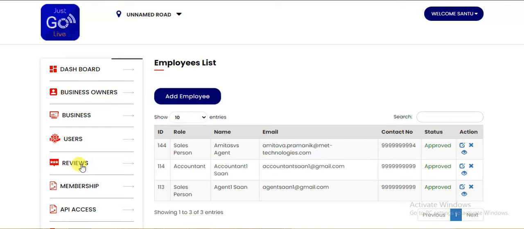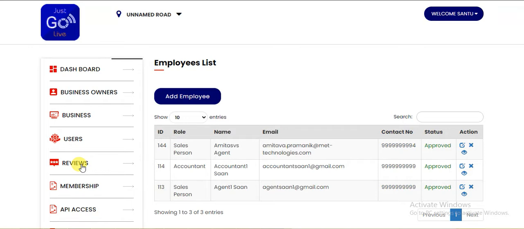So what is the role of an agent and what is the role of an accountant? An agent is someone who will work as a salesperson for the partner, and he will have the option to go out in the market and get businesses listed in the site, and on behalf of the partner he can collect the payment offline and get the businesses listed on the website. Or if any business owner wants, he can also make the payment using his credit card or debit card by providing the credit card details to the salesperson.